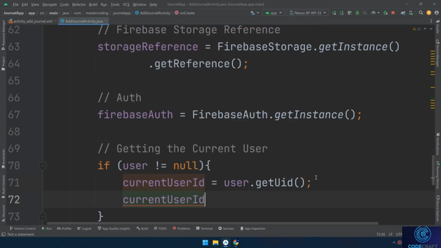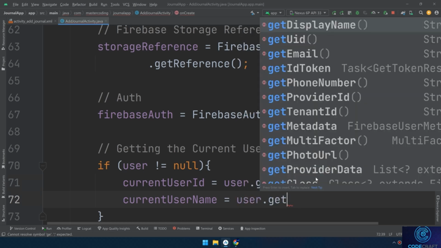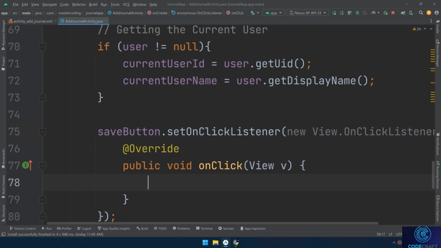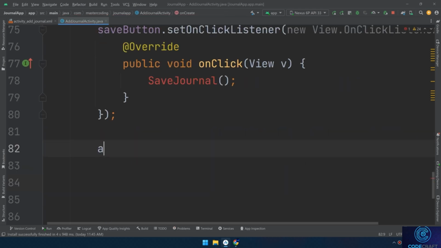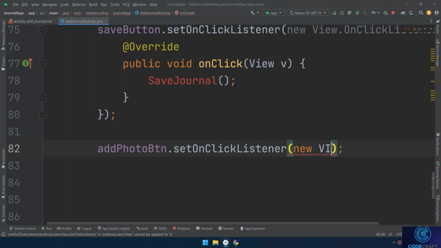And the current username, which is a string, user.getUsername. And here I need to use saveButton dot setOnClickListener, new View OnClickListener, and I need to call the saveJournal method that we need to create in the next videos. And addPhotoButton dot setOnClickListener, new View OnClickListener,